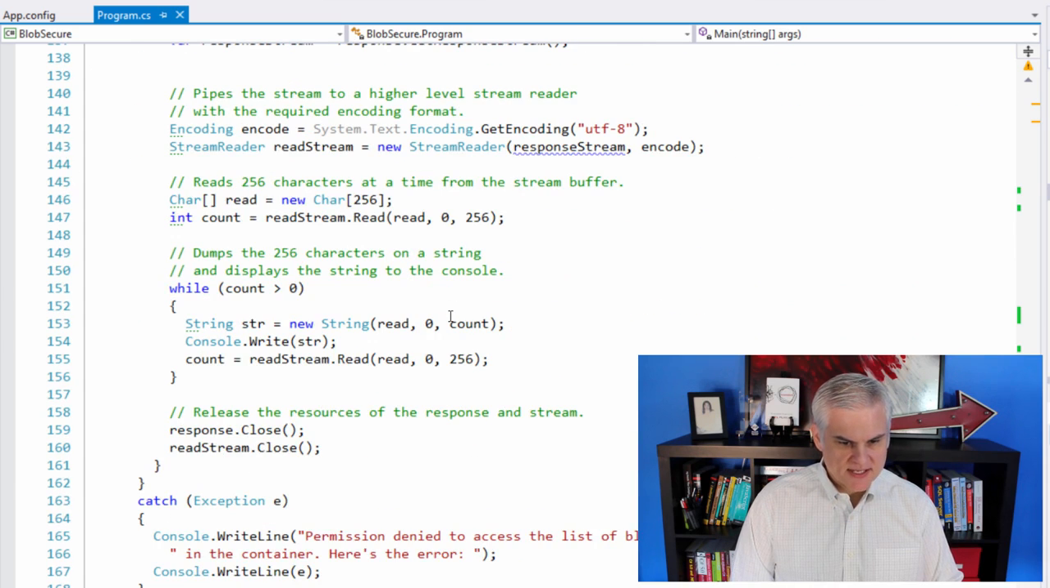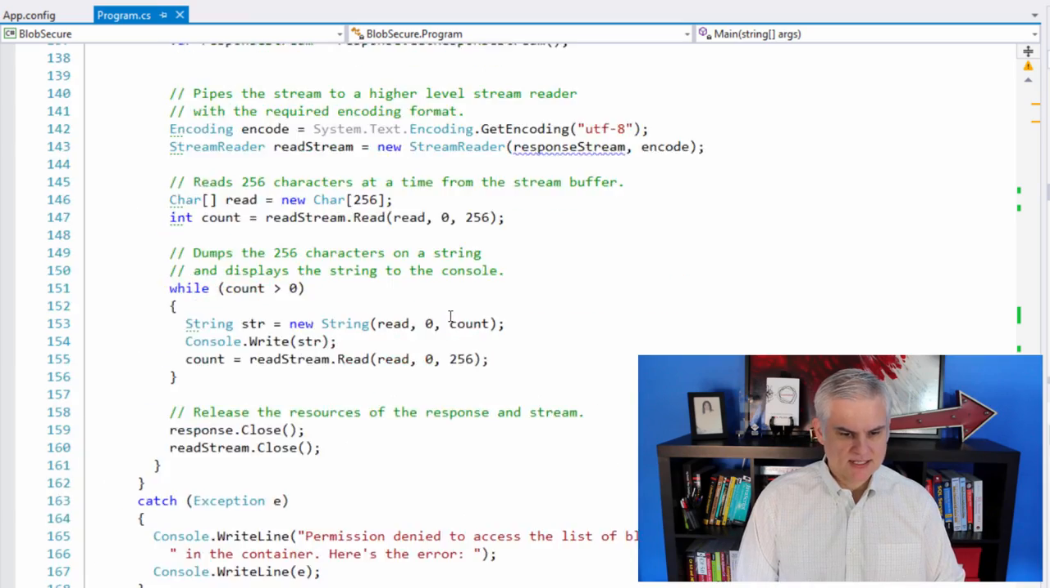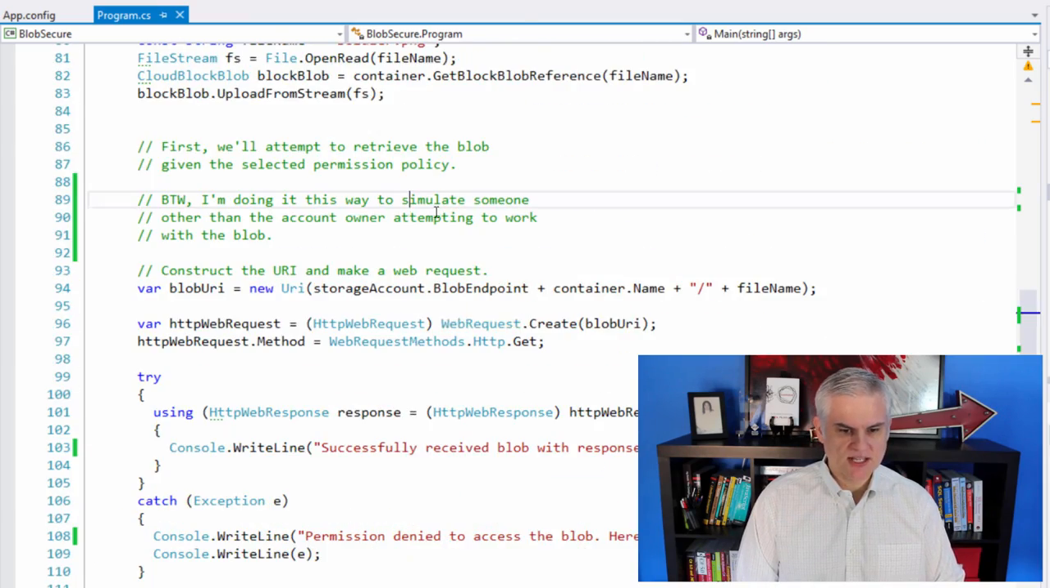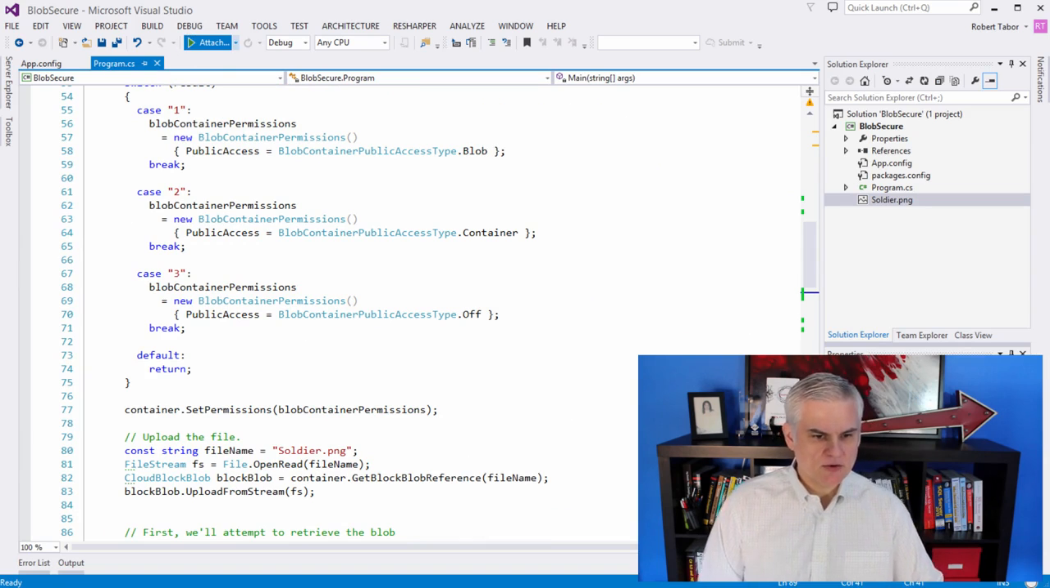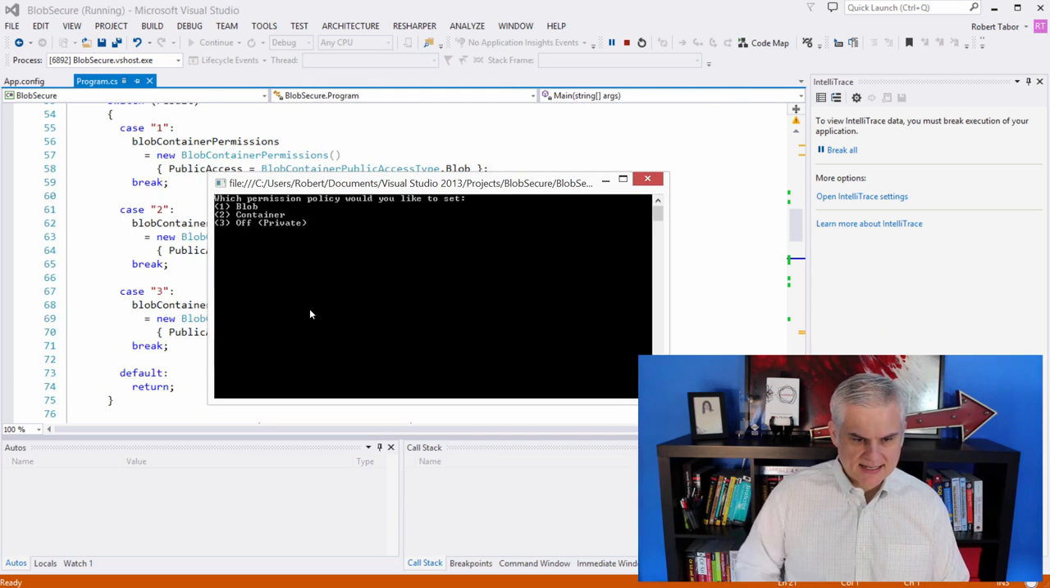All right, and then we just basically will either be able to display the list of blobs in the container or not, and we'll get error messages or success messages based on both. So let's go ahead and run the application the first time. And the first time what I'm going to do is set the